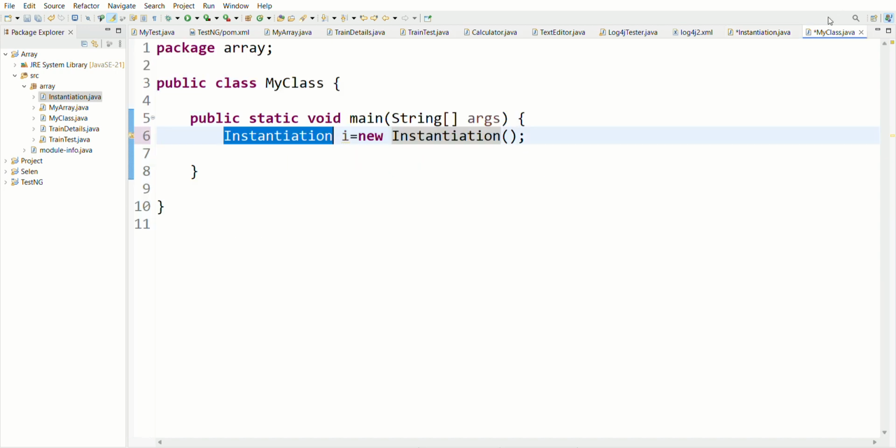At first, whatever we have written, we have written Instantiation I is equal to new Instantiation. It means all the data will come from the Instantiation class, so JVM should have the knowledge of this class. So at first JVM will go and search this Instantiation class. When it finds this class, it will load the class. Load the class means,